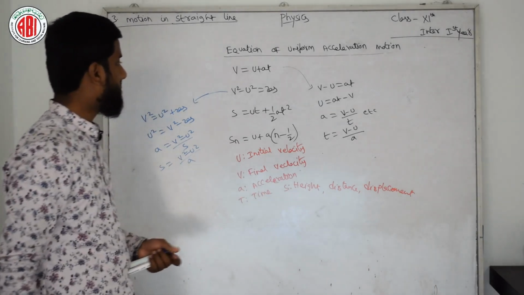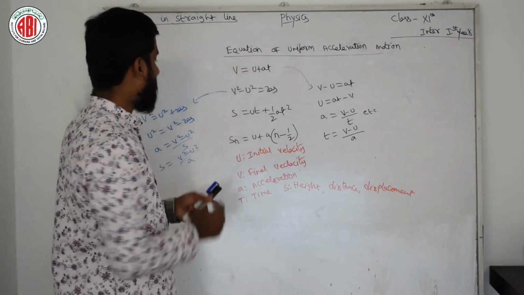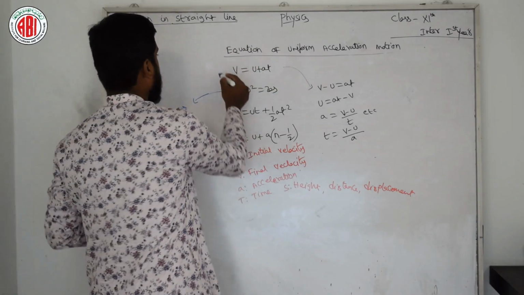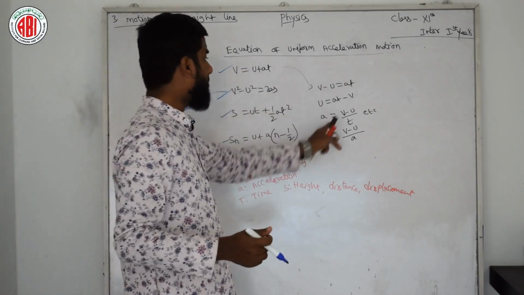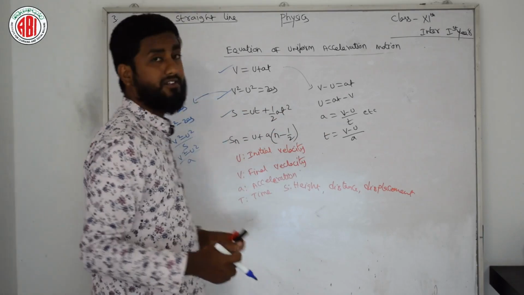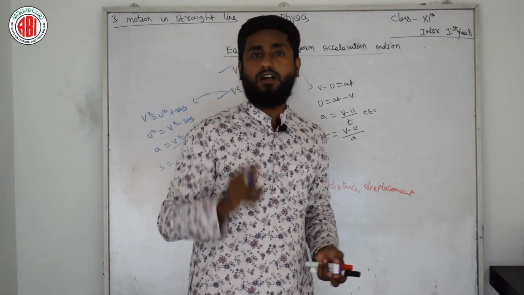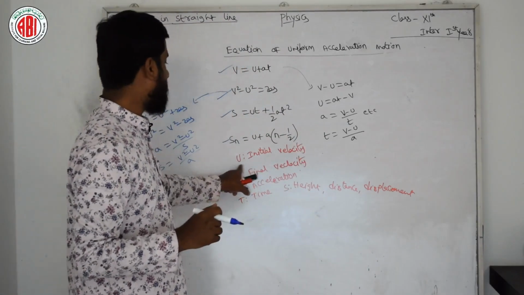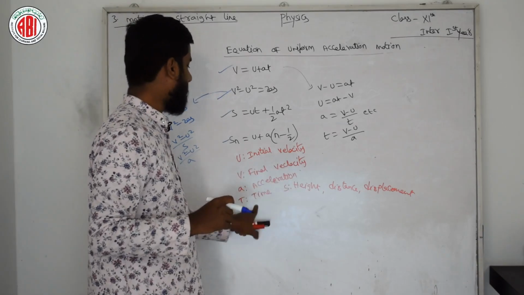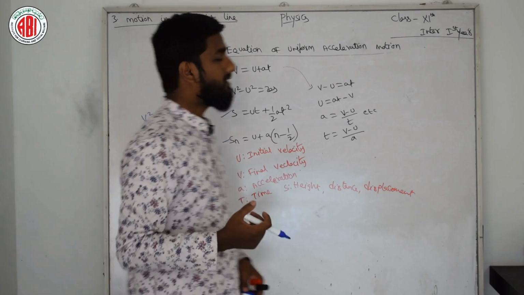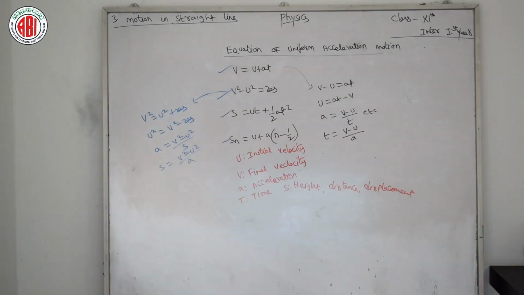All the students and viewers, now you need to copy these equations of uniformly accelerated motion. After that you can copy these 4 equations, 1, 2, 3, 4. After that, you can write the derived equations also. After writing these equations, you need to write the abbreviations: u is initial velocity, v is final velocity, a is acceleration, t is time, s is height or distance or displacement. Now it is time to copy what is written on the board.